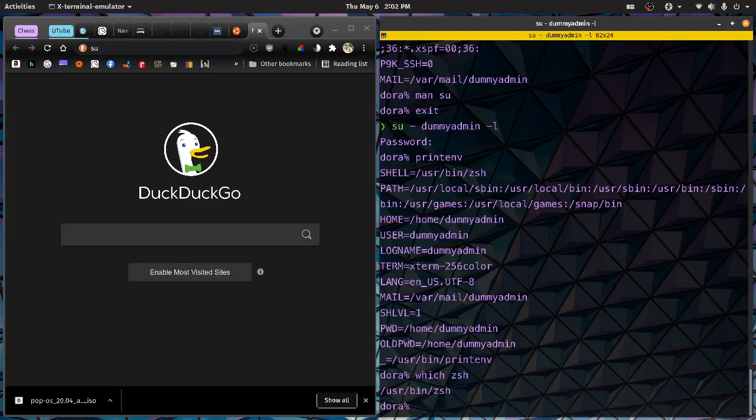And when I logged back in this time, I did it this way: su - dummyadmin -l. And by doing it this way with the -l, I got all of this environment. You see, I did a printenv. All this environment is what user dummy admin has. Without the -l, I was actually still having all of my old environment, and it was messing up